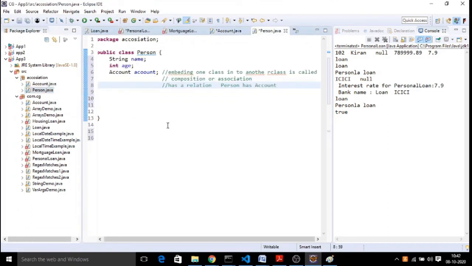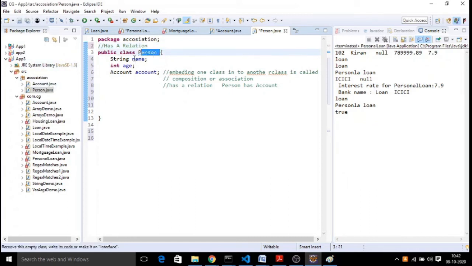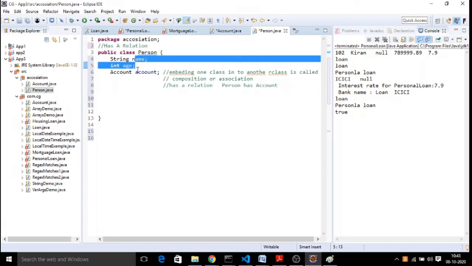So, in contrast to the inheritance relationship, we have another relationship in Java called the has-a relation. What is the has-a relation? Has-a relation is embedding one class into another class. We have a person class with some attributes related to the person, called name and age.